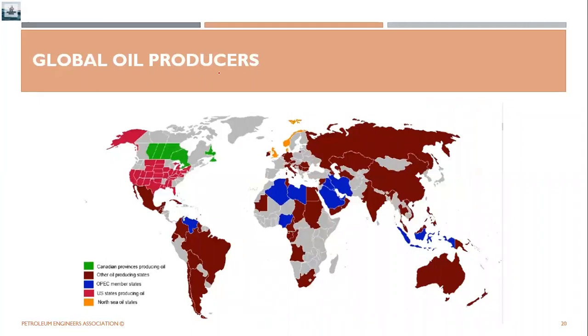As you can see, the countries marked in various colors have reserves of oil and gas in quantities ranging from minimal to maximum, right? Out of this, we know there are certain major producers of oil and gas. Venezuela is one of them, then we have Saudi Arabia as well. We have the Middle Eastern countries: Iran, Iraq, Qatar, and the UAE as well, right?